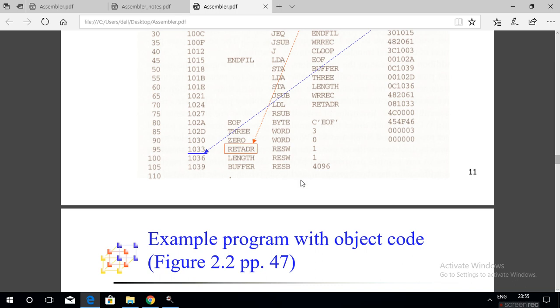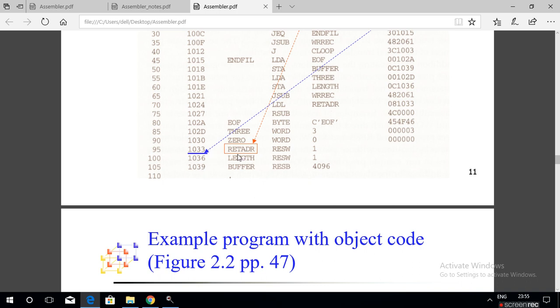If the opcode is BYTE, then increment 1 to the location counter value. If the opcode is RESB, reserve byte, then you have to add the value specified, 4096, to the location counter value.